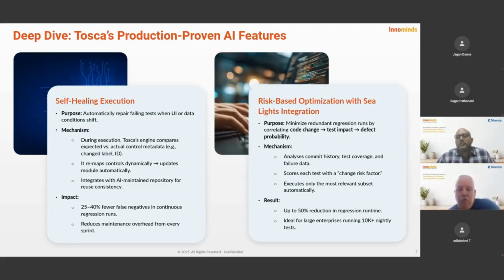Now, I mentioned we were really founded on the ability to tackle that maintenance trap. That's what kept us from being successful in test automation. That's what kept those test automation rates low. And model-based test automation got us a lot of the way there. But around 2020, 2021, we decided to take another type of machine learning to this problem, the concept of a neural network that would allow for our tests to become auto-healing or self-healing, if you will.